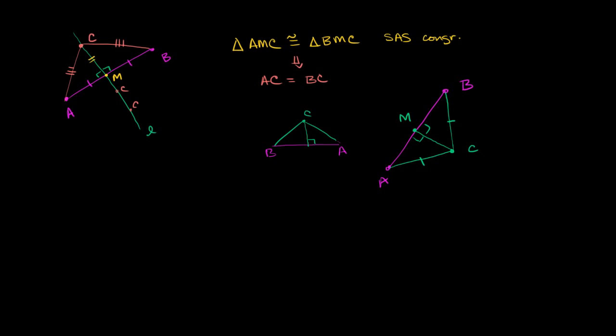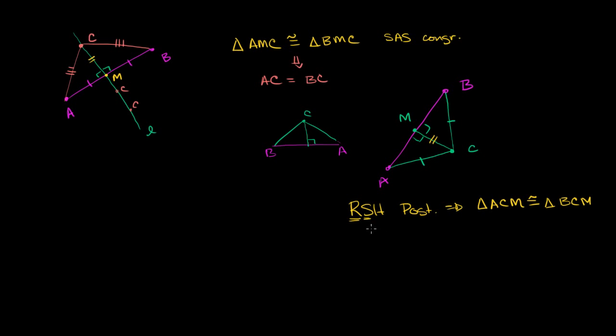And then we know that CM is going to be equal to itself. And so we know, this is a right angle, we have a leg, and we have a hypotenuse. We know by the RSH postulate, we have a right angle, we have one corresponding leg that's congruent to the other corresponding leg on the other triangle. We have a hypotenuse that's congruent to the other hypotenuse. So that means that our two triangles are congruent. So triangle ACM is congruent to triangle BCM